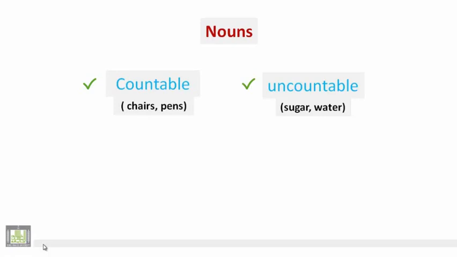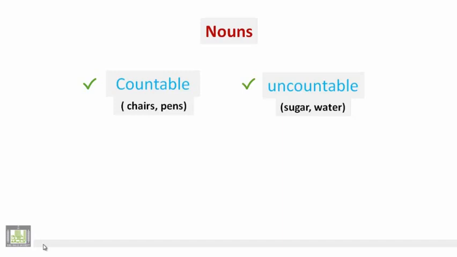Now, to make things as simple as I could, I will tell you that countable nouns are the nouns represented by chairs and pens. لتبسيط الأمور قدر المستطاع سنقول أن هذه الأسماء أي المعدودة يمكن تمثيلها بالأسماء مثل chairs و pens, while uncountable nouns